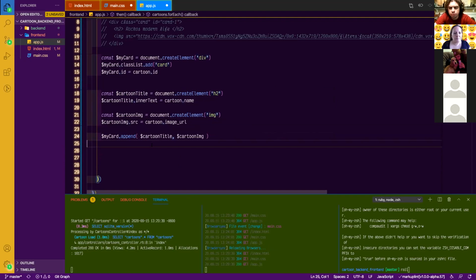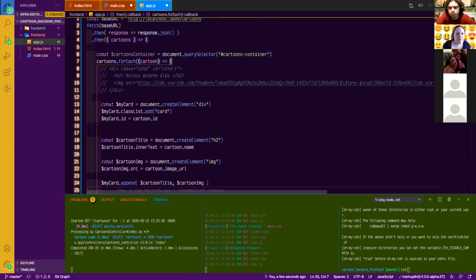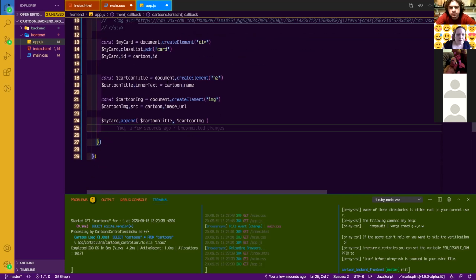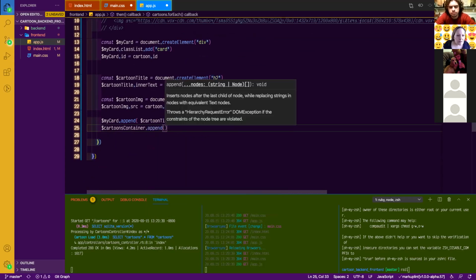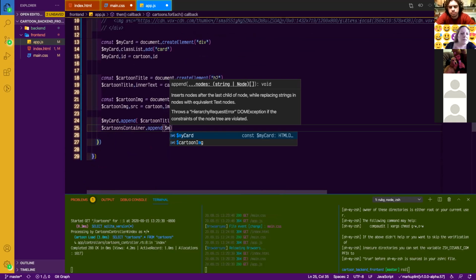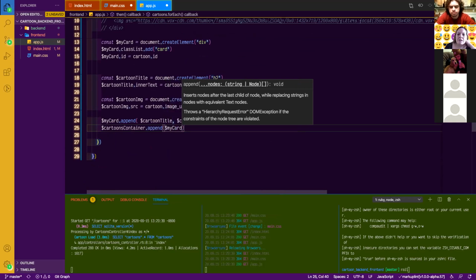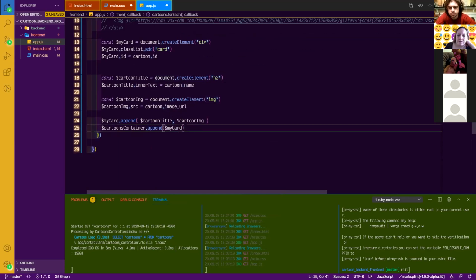Awesome. And then let's clear up some of the space. And then now we just need to append all of that into our cartoons container. So I think our div needs to go in there too. I don't think we've appended that in yet. Is that what you're talking about? Yeah, that's exactly what I'm saying. We're appending our card. All right. Great. Let's see if that worked. We're going to have to delete that extra card, but